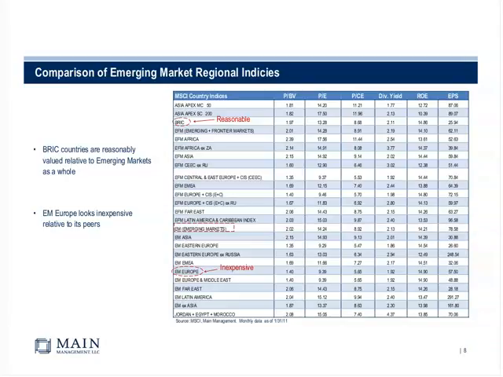You'll see in a later slide that we make an adjustment if a region or a country is trading at a multiple of its book value. You need to adjust that return on equity, because as a buyer of that piece, you do not get the entire return on equity or profitability if you're paying above book value for it. So looking at the emerging markets as your benchmark, they're trading at 2 times price to book. They've got a PE of about 14.2 times, a dividend yield of about 2%, and a return on equity of 14%, which on an adjusted basis you'll see is closer to about 7.